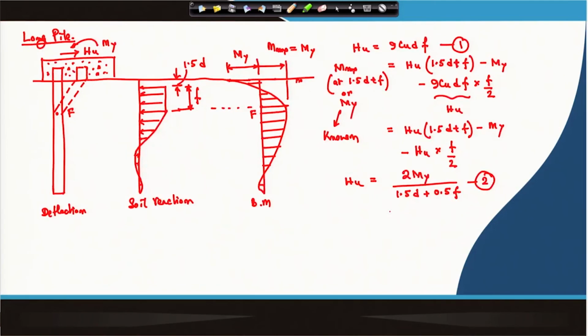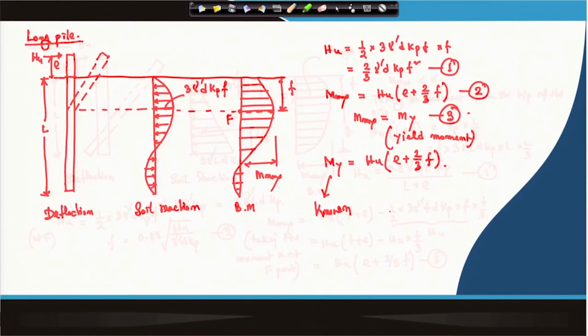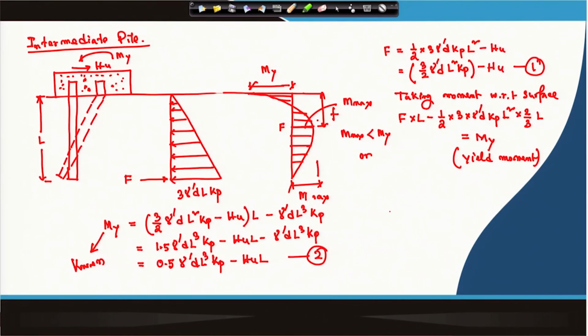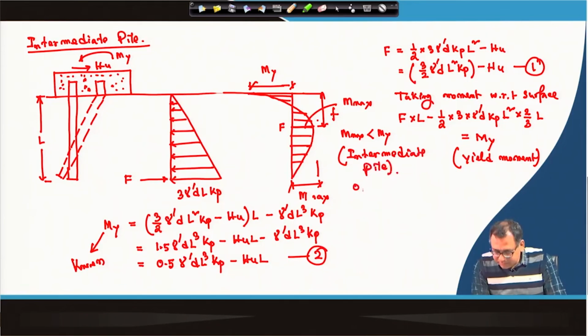Here also M max should be less than M y, then it is an intermediate pile. Okay. This is an intermediate pile. Otherwise, it is